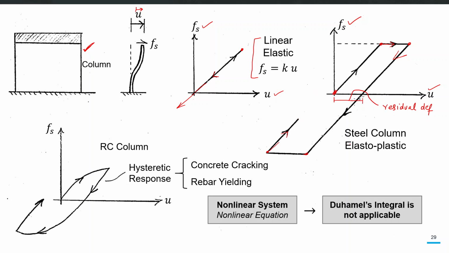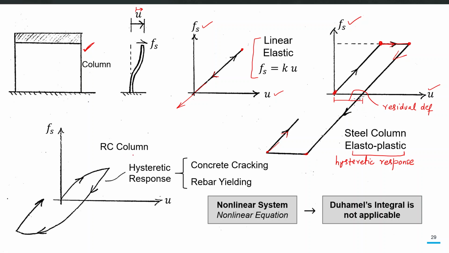So this is an example of what we call an elastoplastic structure. Elastoplastic because it remained elastic for some time up till the yield point, and then it became plastic. So it's an elastoplastic column, and this whole cyclic behavior of the column is called hysteretic behavior or hysteretic response. It means the complete cyclic behavior of any structure or any component of a structure.